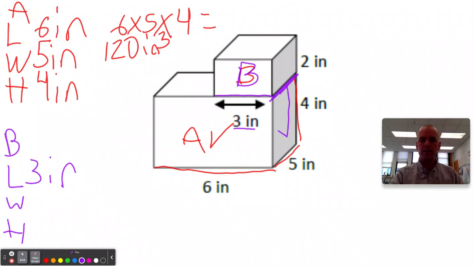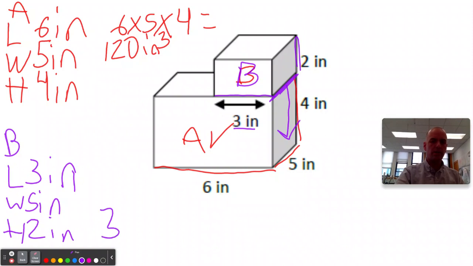I can look down there, and it's the same line, right? They're all in a line, so they're all the same. So that's 5 inches. And then my height here is 2. So I have 3 times 5 times 2, which is 30